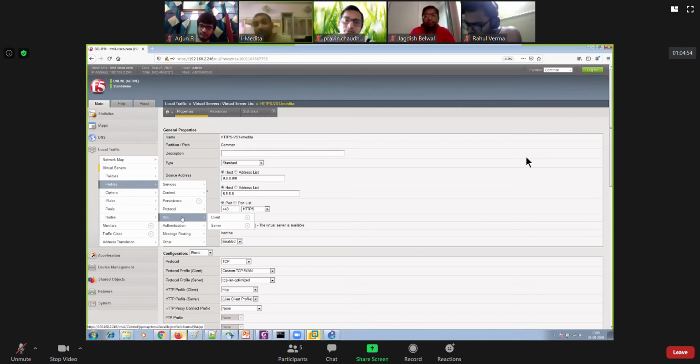Perfect. Whenever it comes to SSL, we should be aware of how SSL works. Nowadays we are using TLS, Transport Layer Security. We do not use SSL, we use TLS.